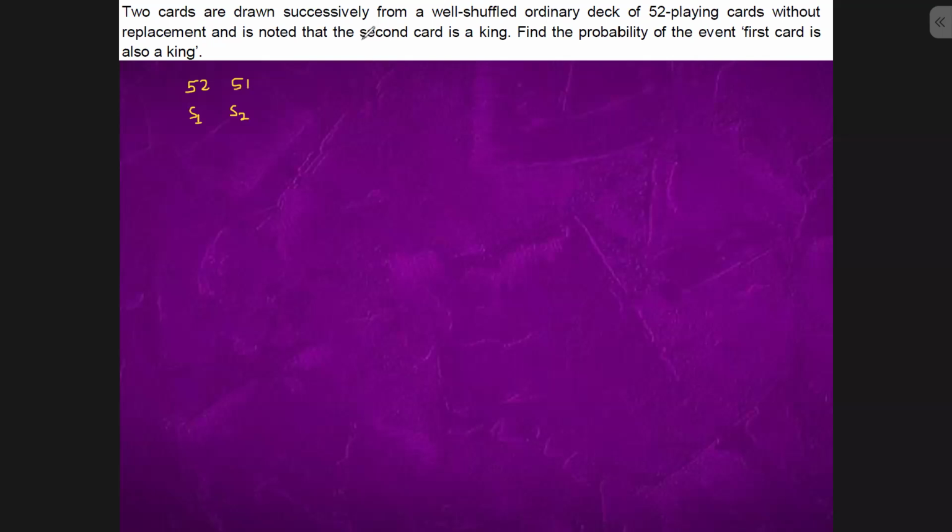Now we are asked, it is noted that the second card is king. Find the probability that the first card is also a king. So this is also a king. It is saying that, so we have probability of, we will write it as, 2, 51. Probability of getting first card as a king given the second card is king is equal to,